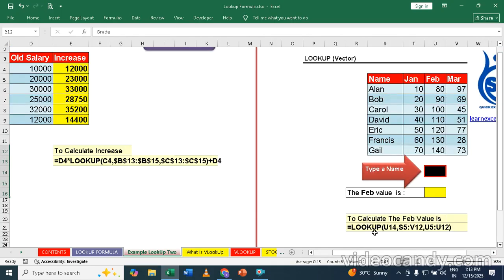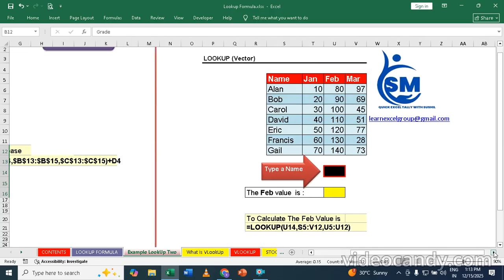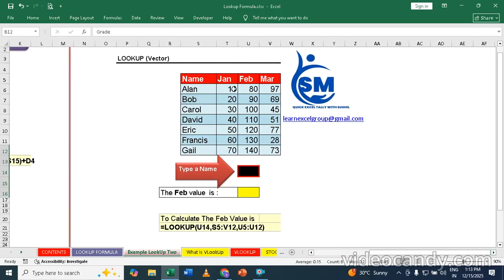I've given you data here like this, where I've given you some names of employees, and Jan, Feb, March, that is the sale. So whatever name you type over here, for example, if I type David. Now David has made a sale in February of 110. So that value should come here. So whatever name you type here, how much sale that person has done in Feb should be shown over here. So you say equal to lookup,